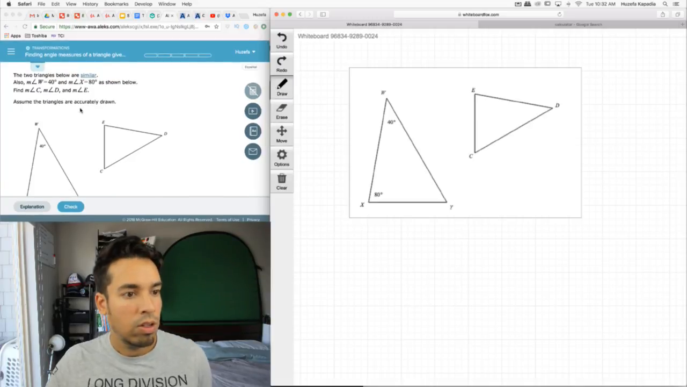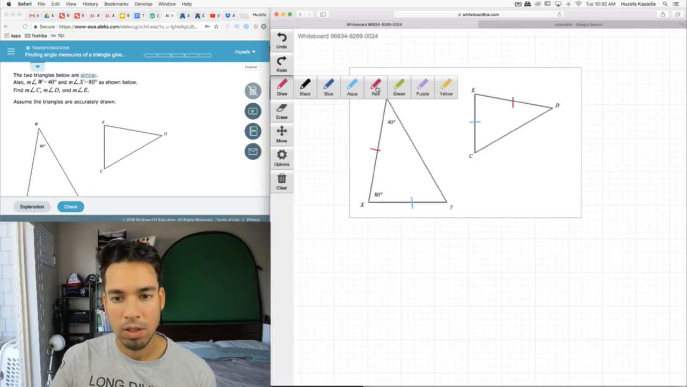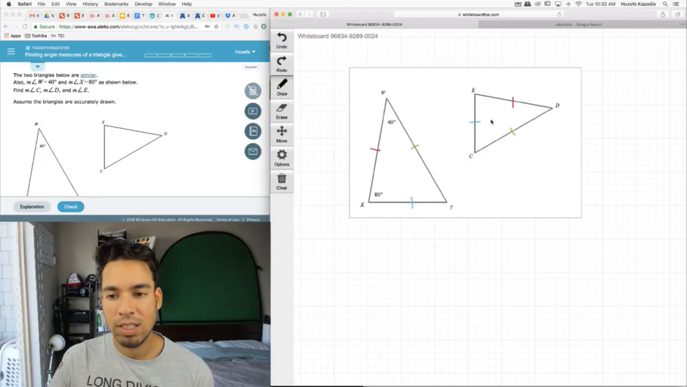Okay, so we need to find C, D, and E. And the triangles are similar. So the way I'm looking at it is, this is similar to this, or that matches up with that. That matches up with that. Not that they're equal, but I'm just showing they're proportionate. The reason why that matters is because that helps us line up the angles. Since this and this line up with this and this, the angle in between, E, is the same as x,